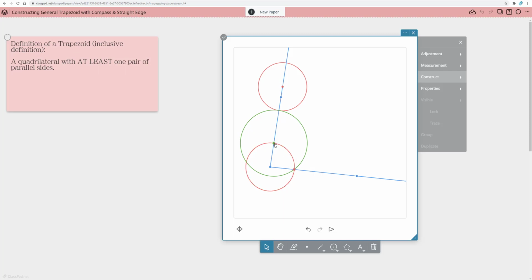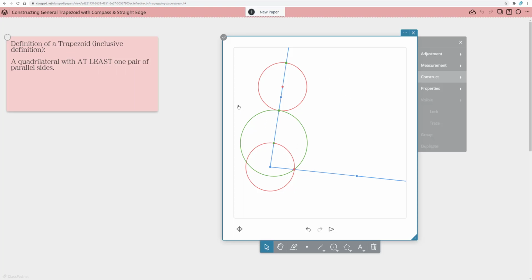is measuring that. And so notice that if I use one of the points as the center and the other one as the radius, I get this intersection. So if I create this exact same green circle here, keeping the distance, my radius, my compass open to that amount, and recreate it up here, I will now have an intersection point that's basically going to mimic this one. So I need to first make sure we put this intersection point that we used as the center up here. So let's construct that intersection right there.